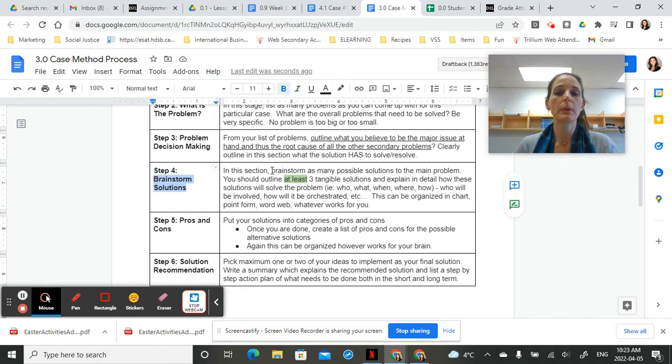You can use who, what, when, where, how. Again, does not have to be written in paragraph form. It can be organized in a chart, point form, whatever works for you. Step 5, you're going to take these solutions that you've come up with, and you're going to create a pros and cons list. So anything in life, when you're trying to solve a problem that's complicated and complex, we know